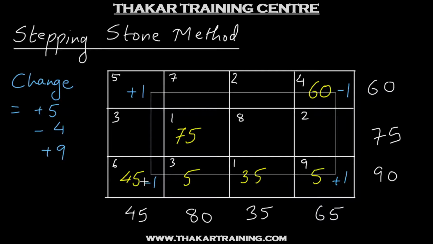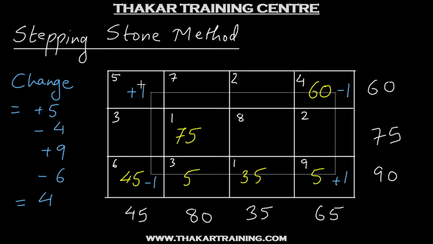And finally, in the previous solution, we had 45 units which will be transported at the rate of 6. But now we have 1 less. So the transportation cost will come down by 6. So the total change because of all these changes in allocations can be now obtained, and it will be equal to, so this is 5 plus 9 which is 14 minus 10. So the total change is 4.